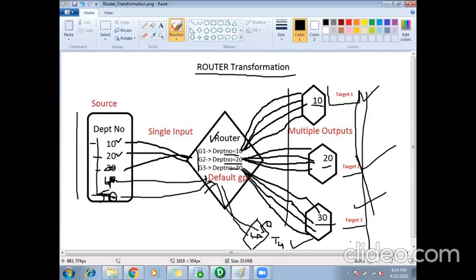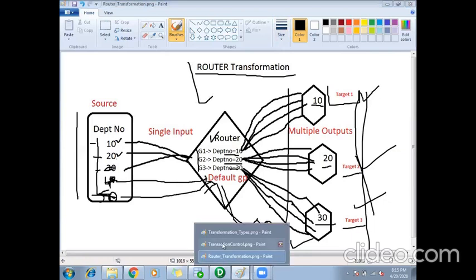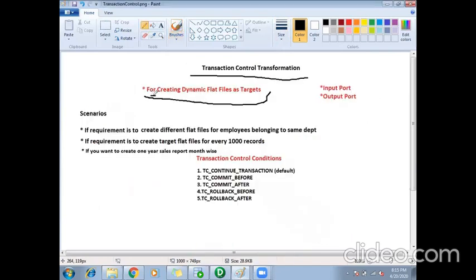Depending on the source, if I want to generate targets dynamically, with router I can't do it. That is where I will use a transaction control transformation. So for creating dynamic flat files, we go with transaction control transformation.